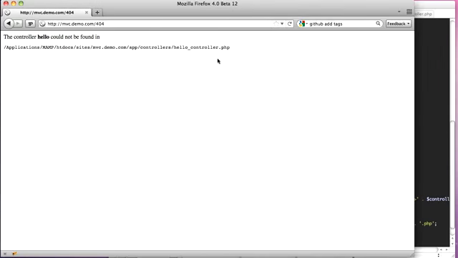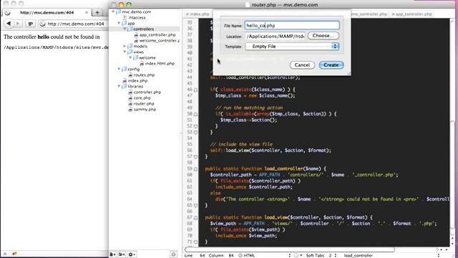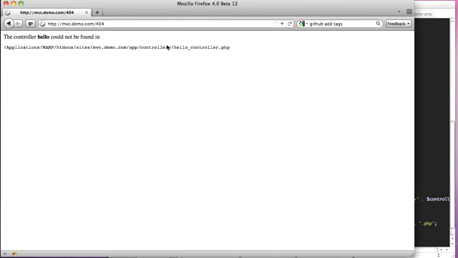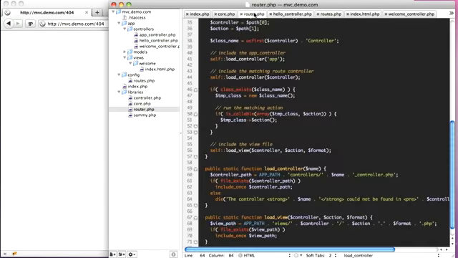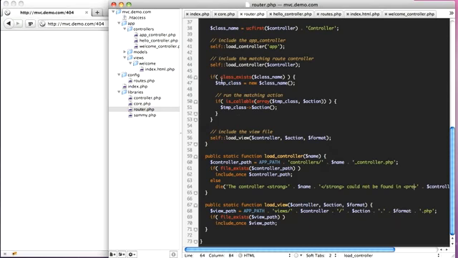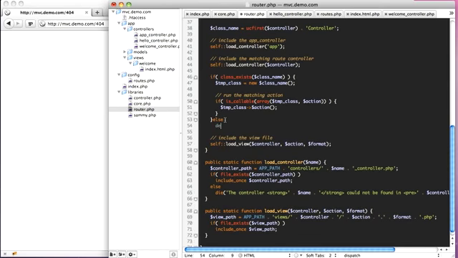Okay, hello controller, because that's what it tells me right here. So we'll create that file and reload, and something else has happened. So let's go check it out. If we go to the router, you can see that it's checking if the class exists. So we need to add an else statement here and say die. The class, and here we'll put in our class name, could not be found in, and in pre tags